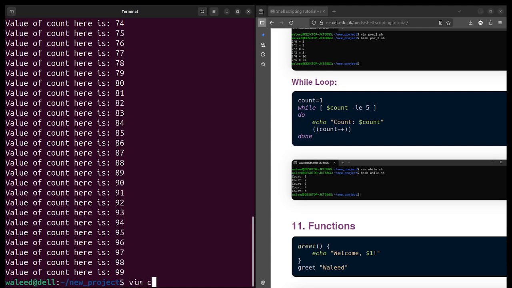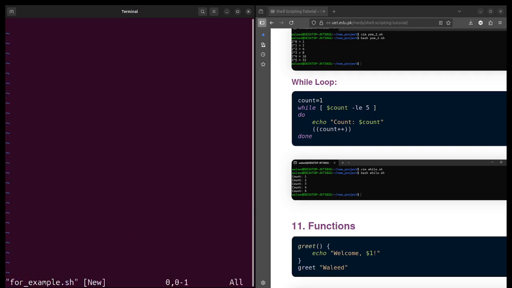So if I write, let's say, for example .sh, you simply have to write for i, where i is a variable which we use to reference it, let's say from 1 till i less than or equal to 99, and then i is being incremented each time.